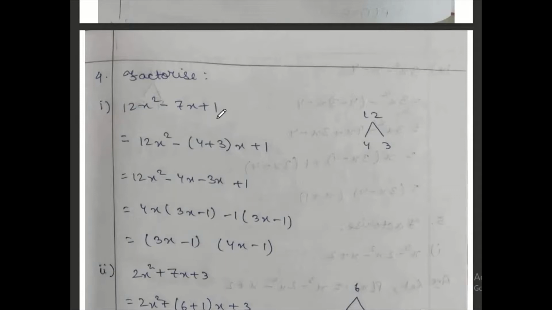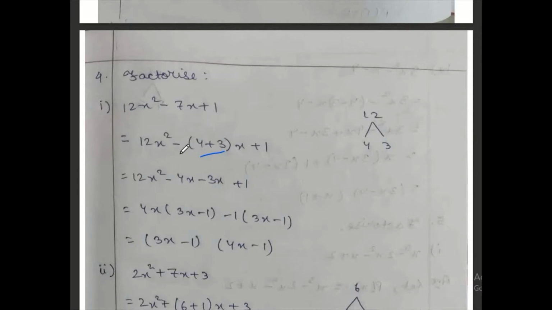First number and last number, you can combine. 12 ones are 12. Take it outside. Now the middle number you can check, that is 7, and the last sign is positive. If this sign is plus, this middle number should be broken by addition, and if this is minus, this number should be broken by subtraction. And the factors you will get from 12 only, the product of the first coefficient and the constant. Now 4 threes are 12, you know that, and 4 plus 3 will give you 7. So 12x square minus, in place of 7 we are writing (4 plus 3) into x, plus 1.